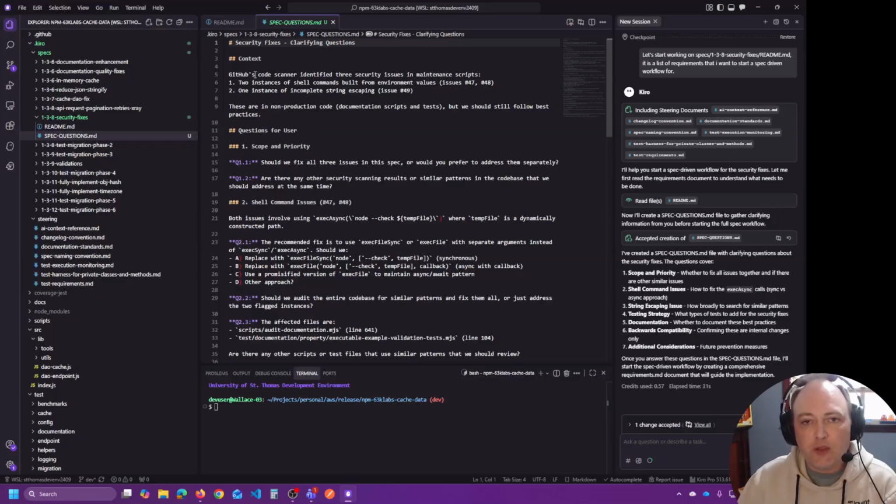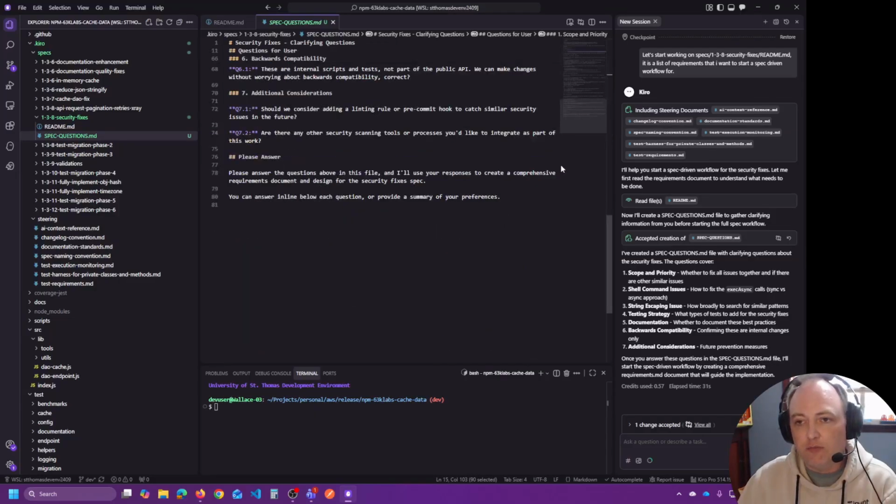So it is asking some clarifying questions. GitHub code scanner identified 3 security issues. Yep, it's just stating what I already know. Questions for me: scope and priority. Should we fix all 3 issues in the spec, or would I prefer to do each separately? Well,